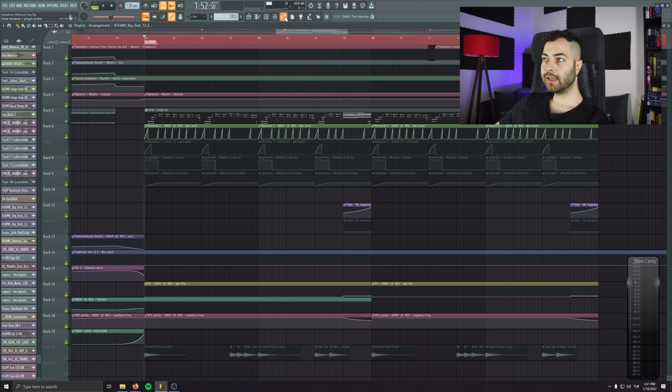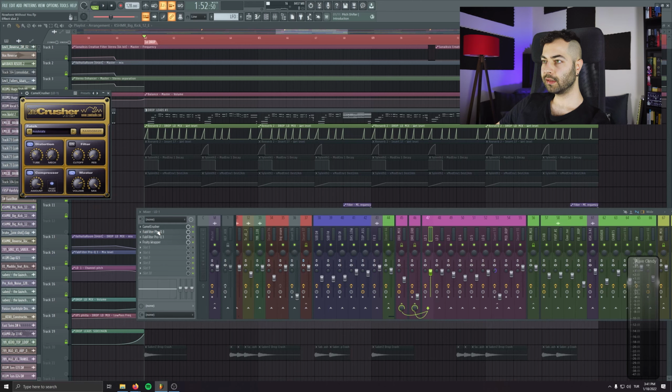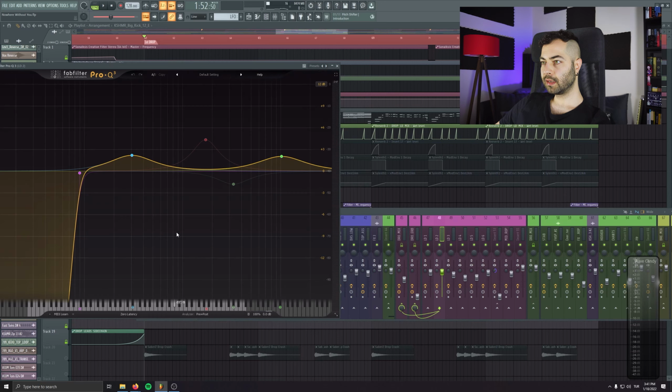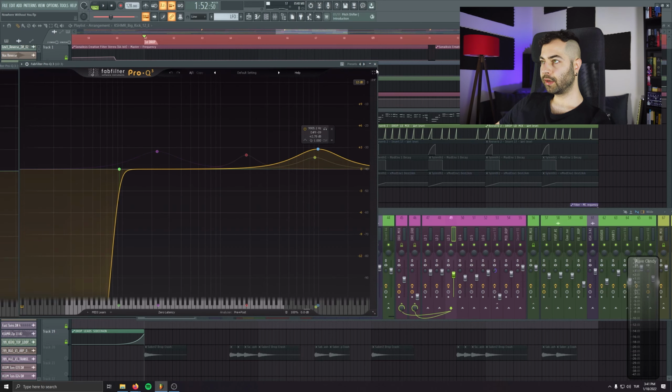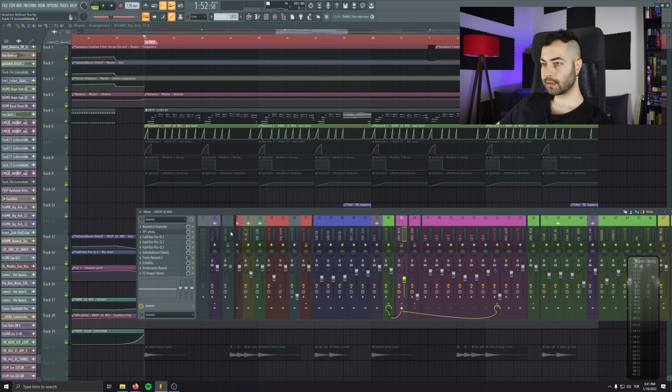So let me show you layer by layer. It's the same processing logic with the break leads. They have their own channel, their own EQs. Nothing crazy with them, just trying to shape them, color them according to the track. And then they go to the drop bus, and the final processing is happening in there.